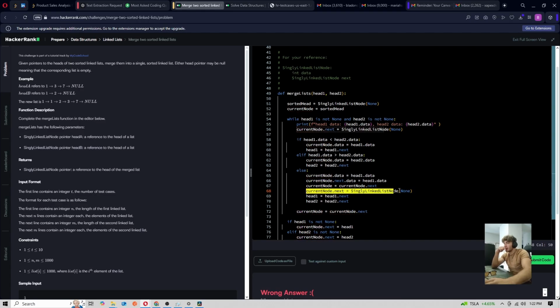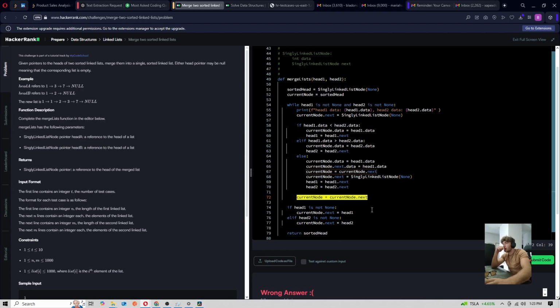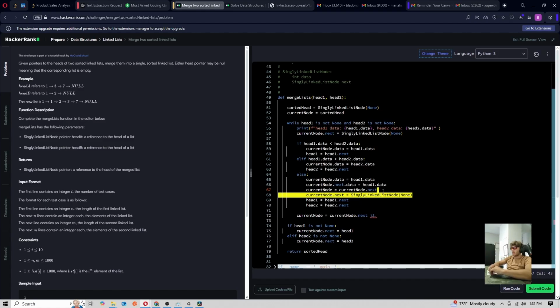This creates the next node. This pushes us to the next node, which is now none. So I want to take this out, but if I take this out, then this no longer makes any sense. But if I could just remove this, then this is going to work properly. Alright, what I'm kind of wondering is maybe